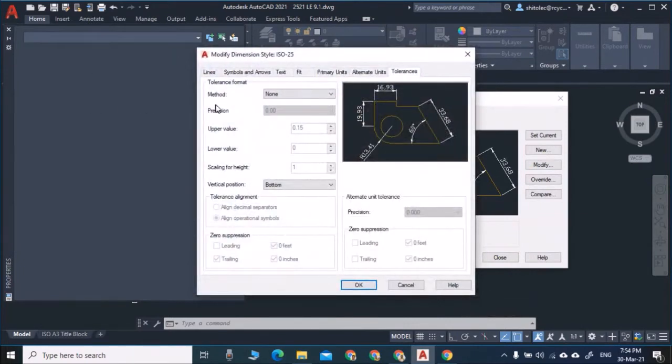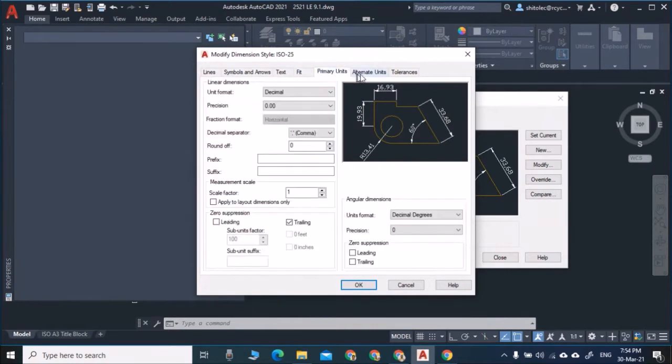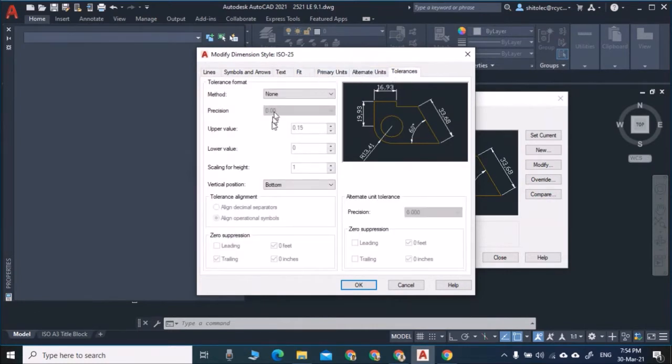The same options will be here: lines, symbols and arrows, text, fit, primary units, alternate units, tolerances. This one is the symbolic representation, and here it is the text representation. We can do it from here or here, it is the same, but I feel this method is very simple.